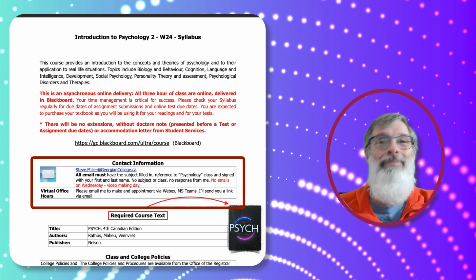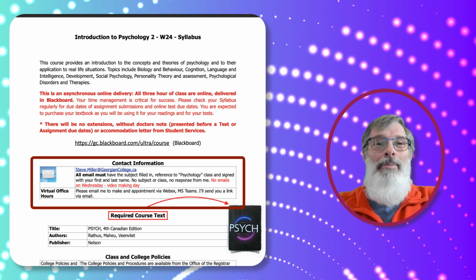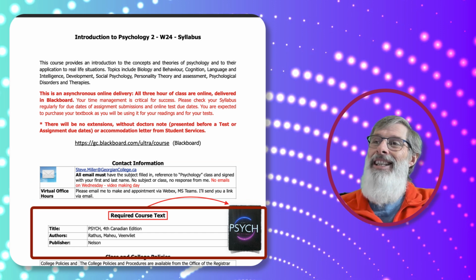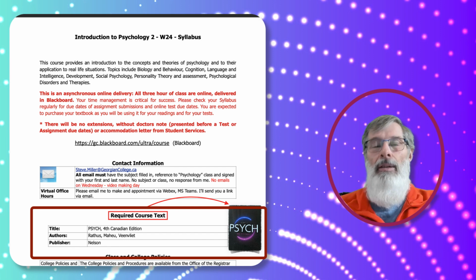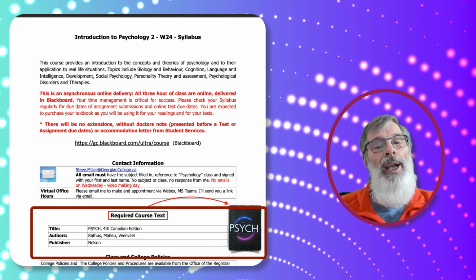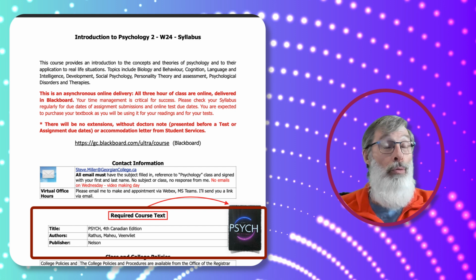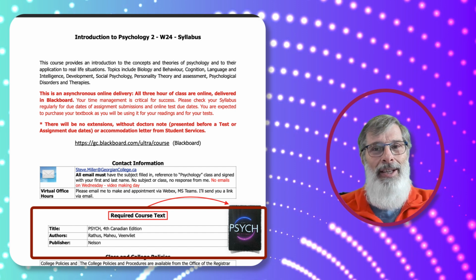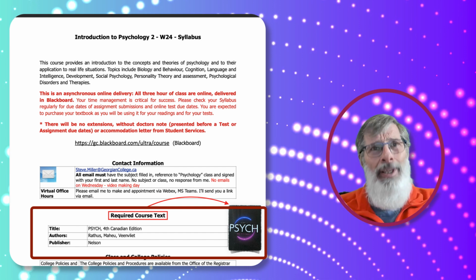It's all about me. And at the very bottom there you see a required course text. Now it's an e-text, and I will put in to Blackboard a way in which you can navigate to get to where your text is. Now it's an e-text, and it's required.